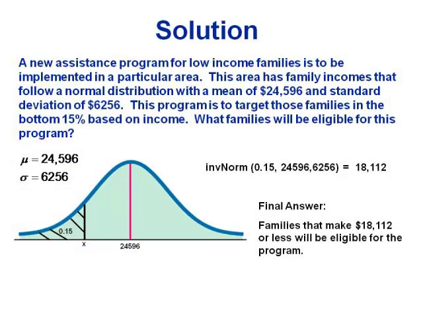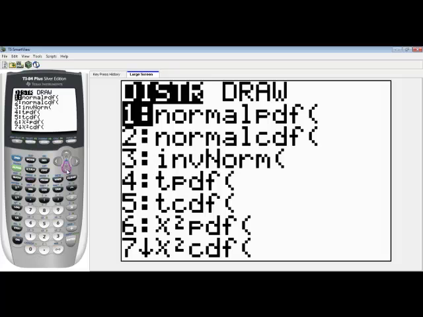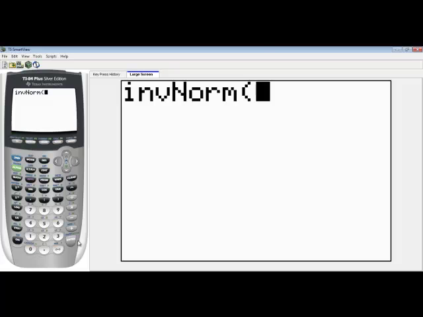After we learned about normal CDF, we talked about inverse norm, so let's look at how to do that. So this example was slide 67 with the incomes, and we determined that we needed the area with 15% to the left, and we needed that cutoff. Inverse norm is in that same menu, so second vars. I'm going to go down to inverse norm. This will never have a 0.5 plus or minus with it. We're going to type in 0.15. That always needs to be the amount to the left, and then